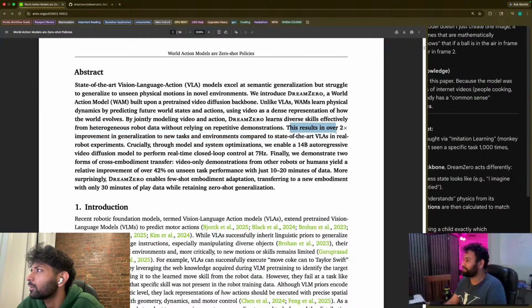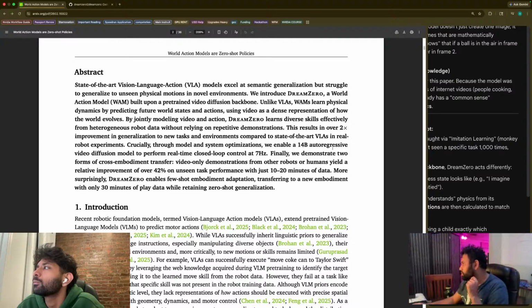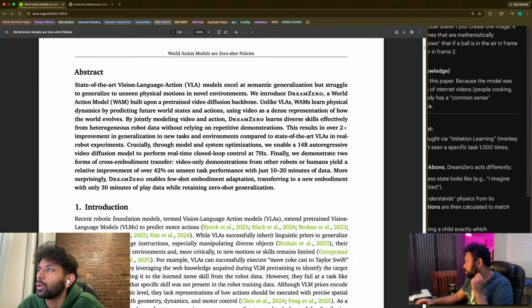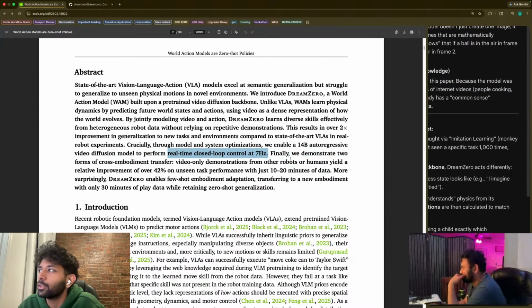What is this line? 2 times improvement in generalization to new tasks and environments compared to state-of-the-art VLAs in the real world. Okay. Crucially, through model and system optimizations, we enable a 14 billion autoregressive video diffusion model to perform real-time closed loop control at 7 hertz. So this is basically performing the action at 7 hertz, right? Finally, what I want to understand here is